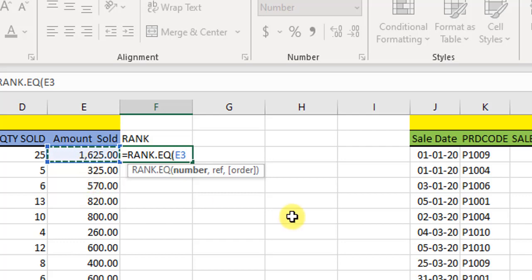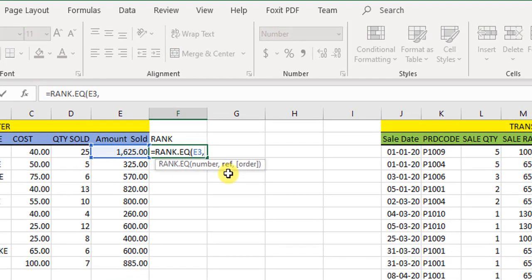Then we put a comma, and then it says the reference. The reference is the array or the list. So what we do is we select the entire list this time. We press F4 to fix the references.